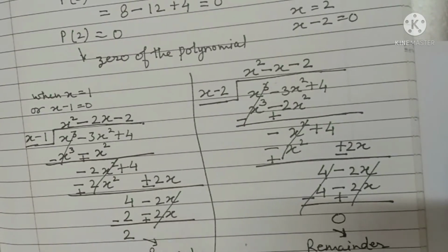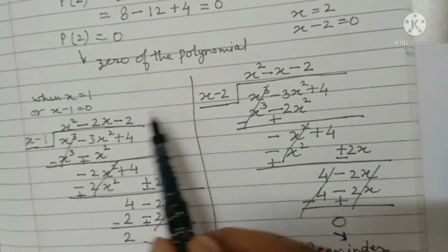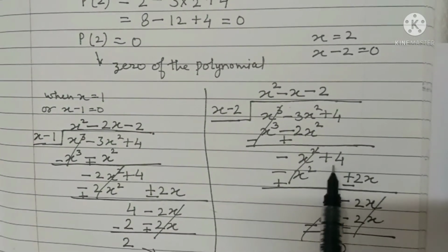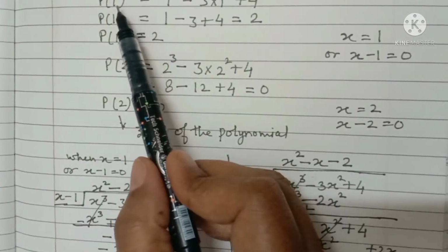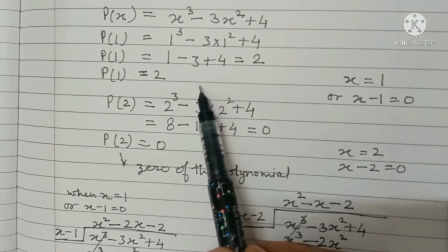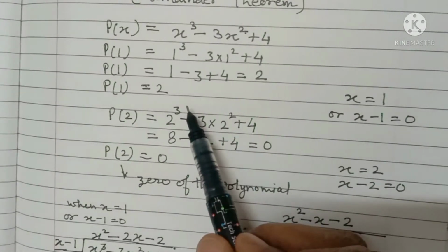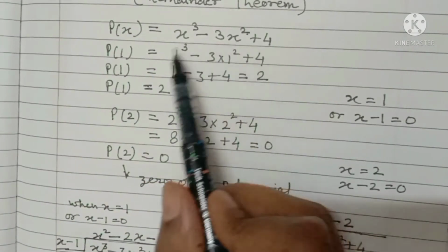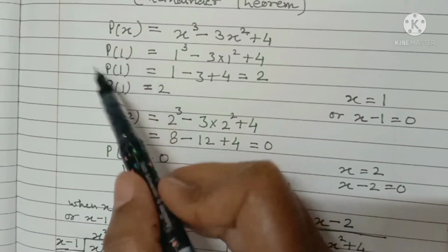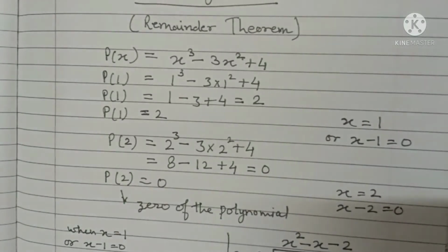So here what happens is that there is no need to do long division. You will find the remainder by this method. When you substitute the value, you will get the remainder. So the criterion of the remainder theorem is that you have to find the remainder without the long division method, and you will put the value which is given for the variable into the polynomial. So this is the concept we will use for the remainder theorem.